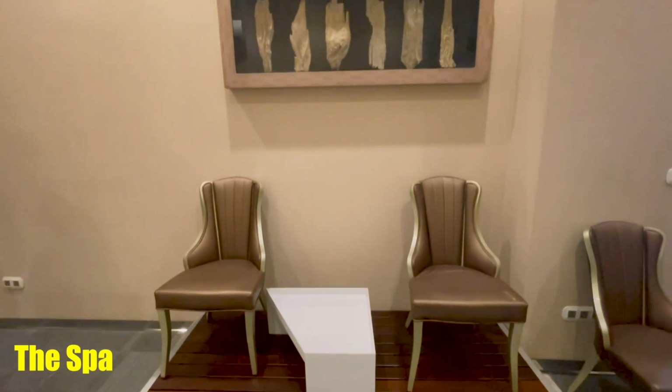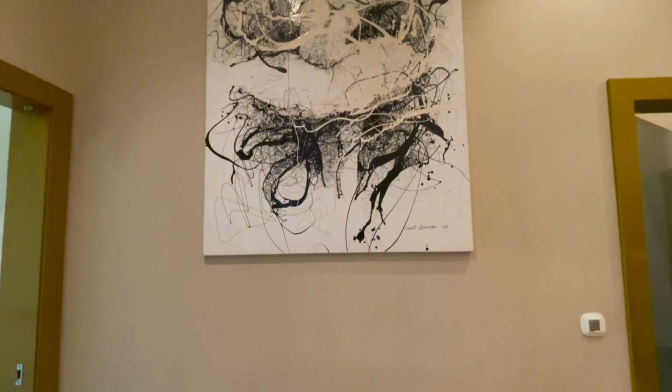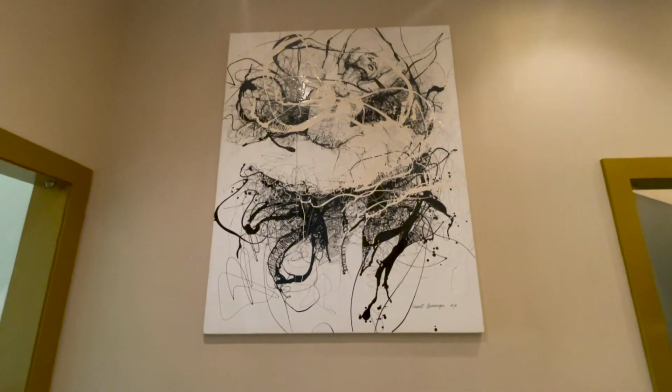We were lucky enough to get an inside look at the spa, so come with me. Let me show you what you can expect if you're on holiday. You just want to come, you want to relax. So tranquil, so peaceful. You've got some absolutely beautiful artwork all over the place, and then through this door is